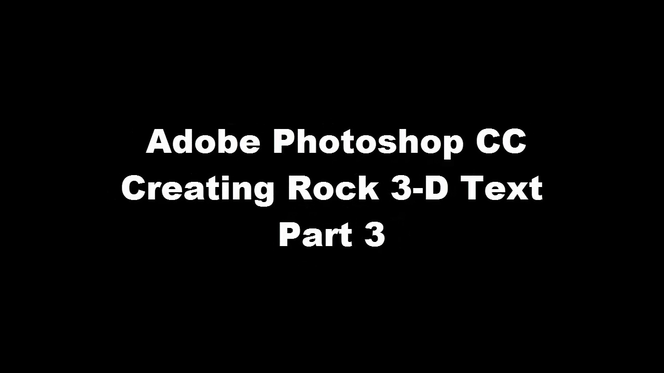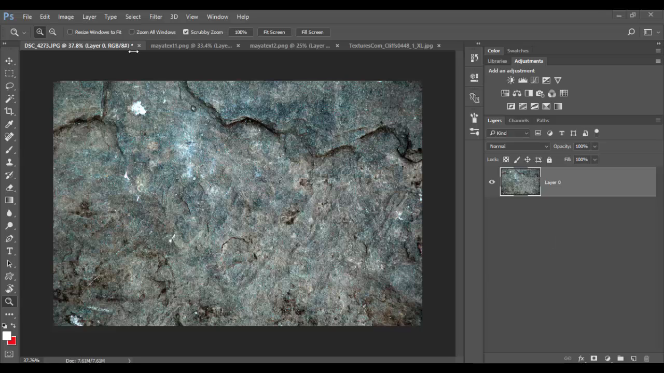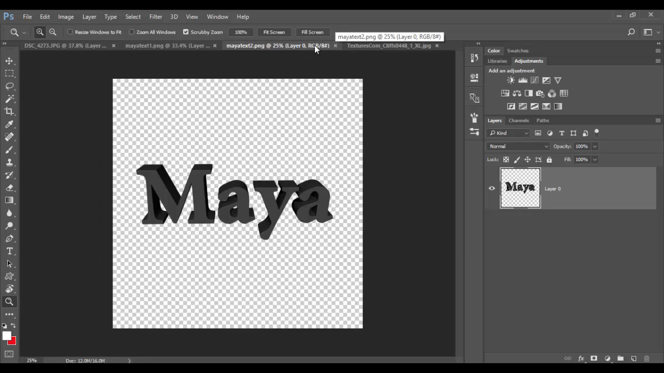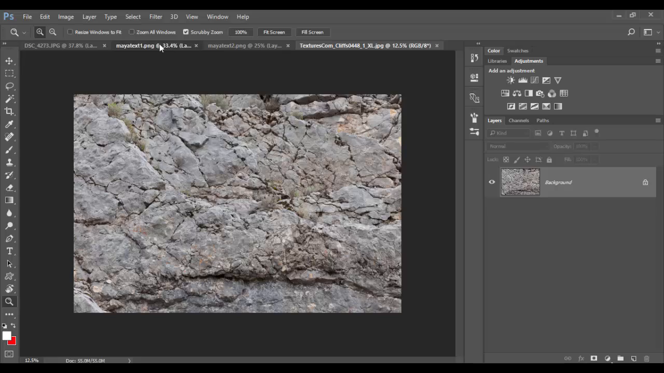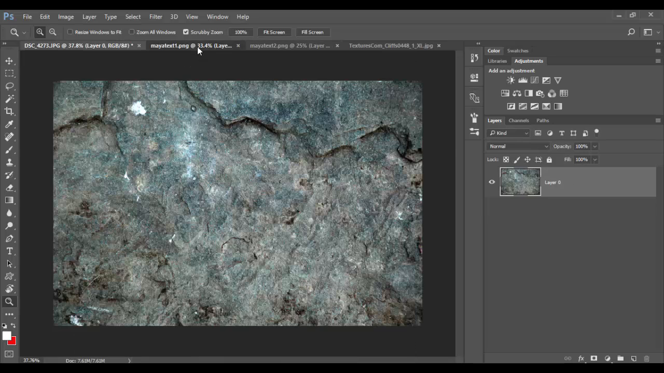Welcome back to the 3D rock texture project. We're now in Photoshop, and I have here a texture from Texture King, and I have the two rendered Maya text images, and then another texture here. So I'm going to bring these two into this for the background, and the way I'm going to do it